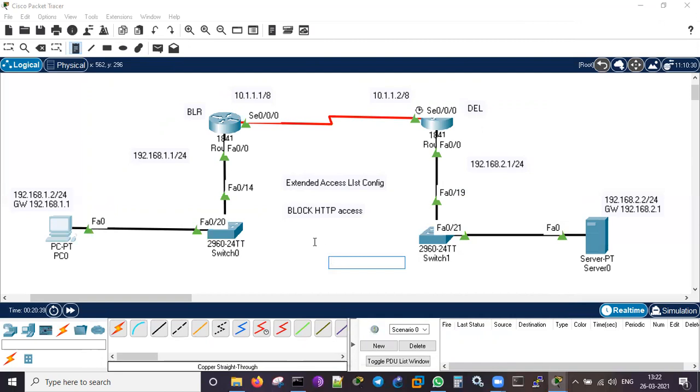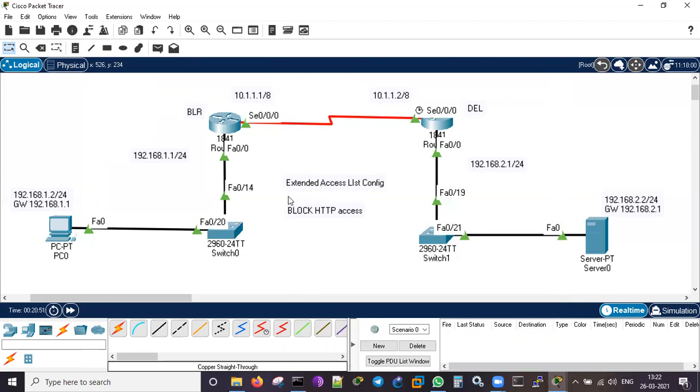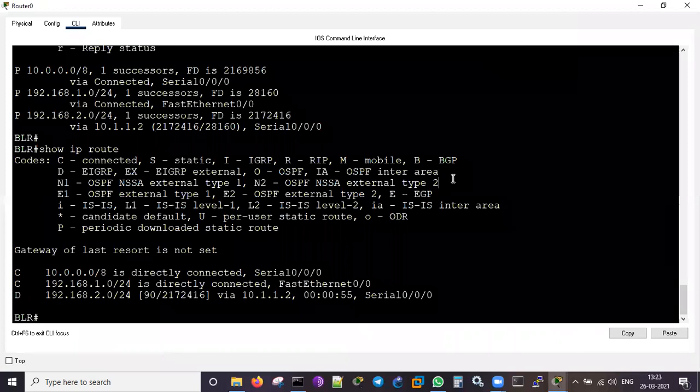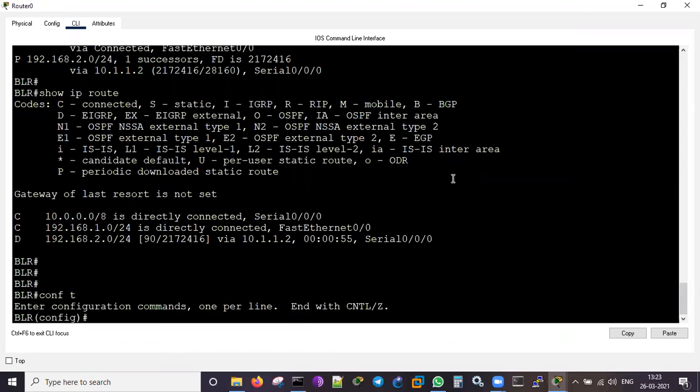That is the way that I'm just going to do this extended access list. So we are going to write the extended. Better we write that extended access list near to the source itself, because this is the source and this is the destination. So in the source itself, I will be writing the extended access list. I will go to the Bangalore router, config terminal. Everything should be configured through the config terminal.